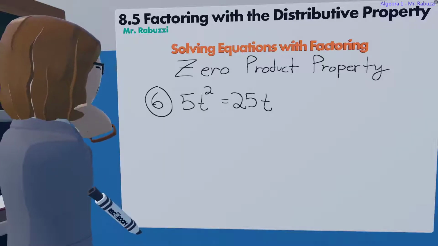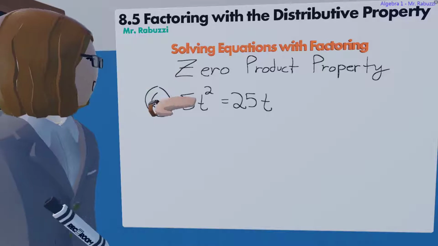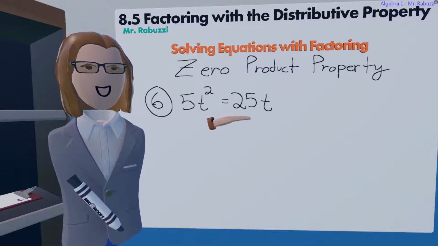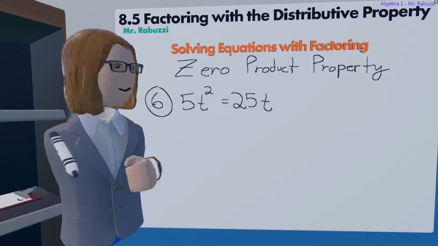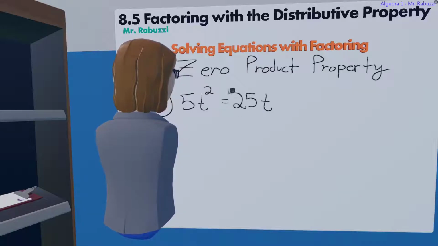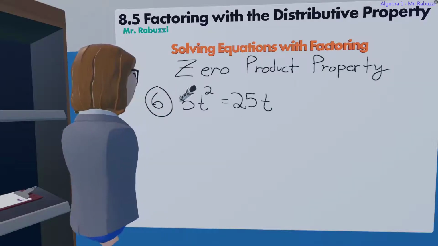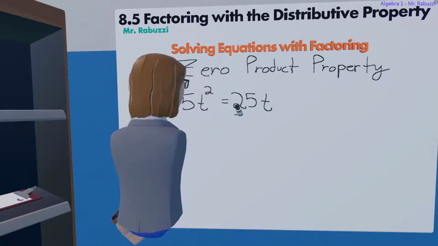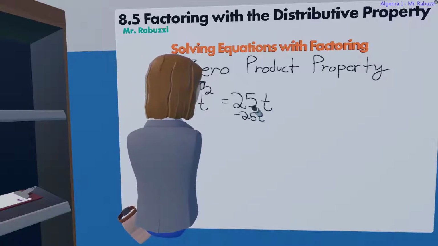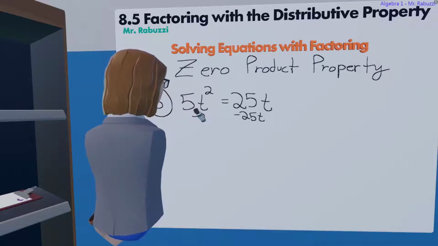Okay, this is number 6 from the practice problems, and this one's a little trickier. They want us to use the zero product property, but they didn't give us a 0. It does not equal 0. But we can fix that. We can move these 25 t's over here to the left side with our algebra skills. If we subtract 25 t's, subtract 25 t's,